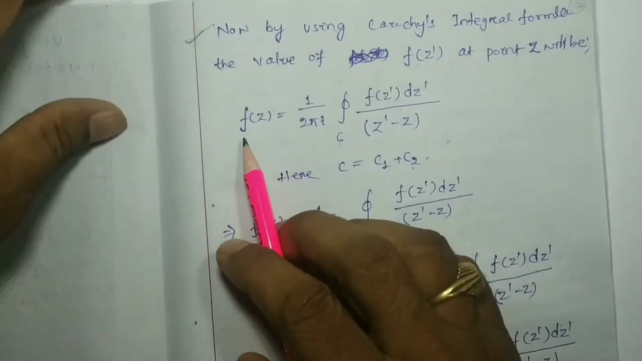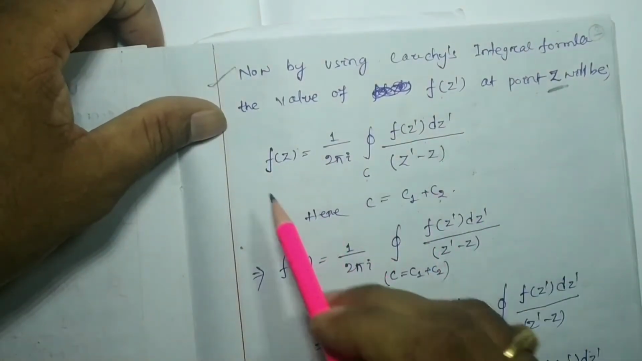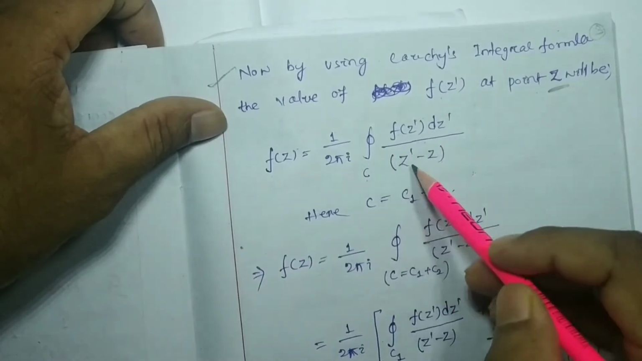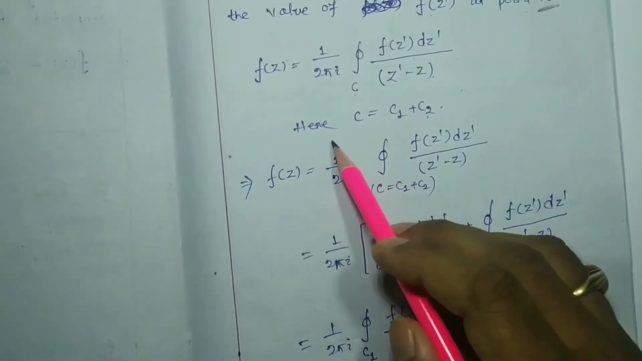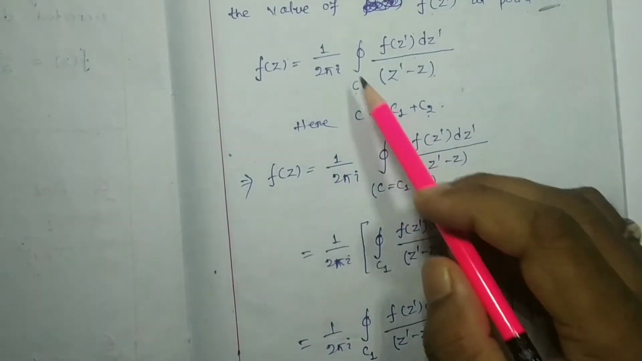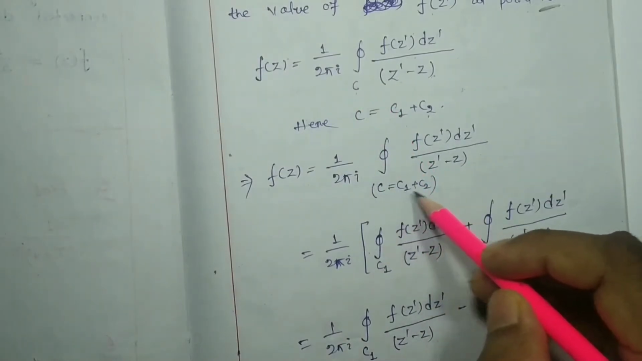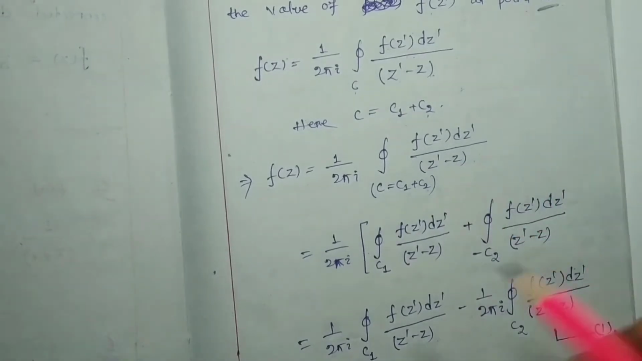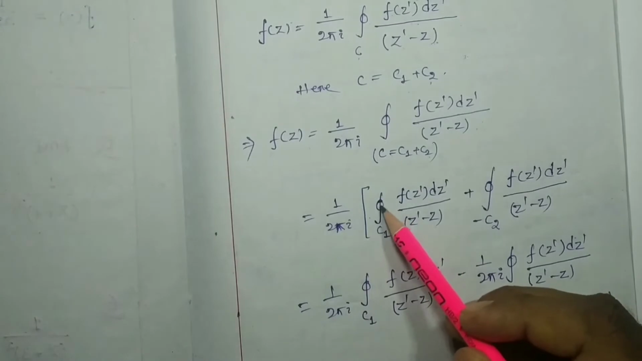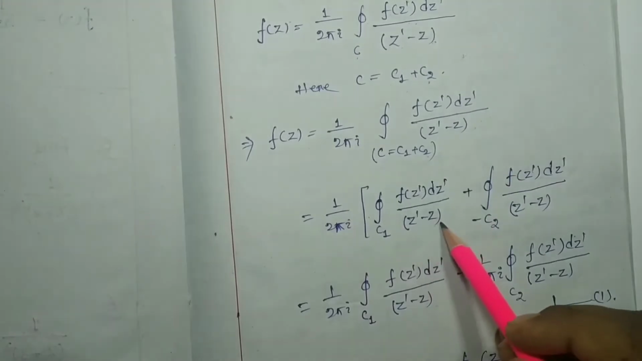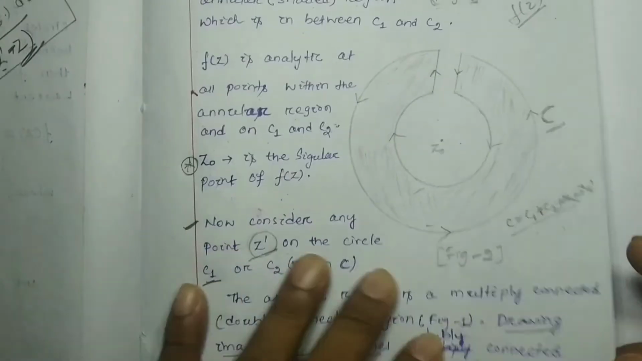So hence at the point z, f(z) will be equal to 1 by 2 pi i closed integration over C of f(z dash) dz dash by (z dash minus z), and C will be equal to C1 plus C2. This closed integration over C can be written as C1 plus C2 of f(z dash) dz dash by (z dash minus z). So 1 by 2 pi i, this will be closed integration of C1 f(z dash) dz dash by (z dash minus z), plus, I told you here itself that as this C1 is traversing anticlockwise,